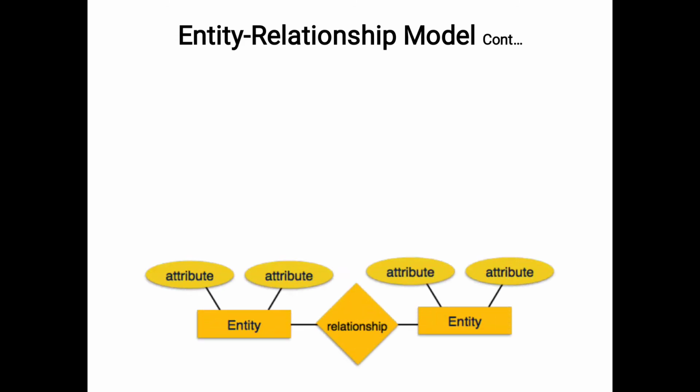Please observe the diagram. The entity is represented in the form of a rectangle, the attribute is represented in the form of circles, and the relationship is represented in the form of a rhombus. Please remember these three points. These three are enough. We have eight or nine representations, but we don't need that many types. As computer science students, as Bachelor of Technology students, these three representations are enough. Now we will discuss the meaning of entity.